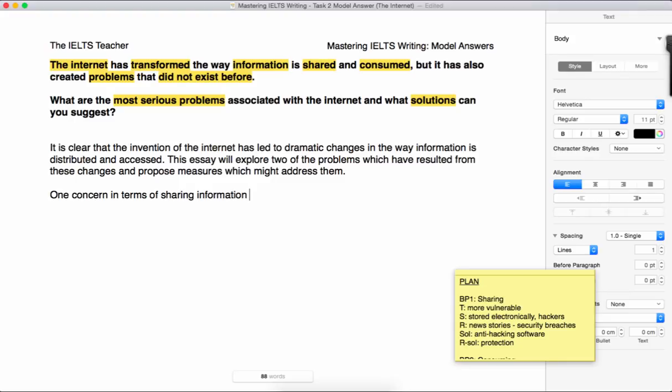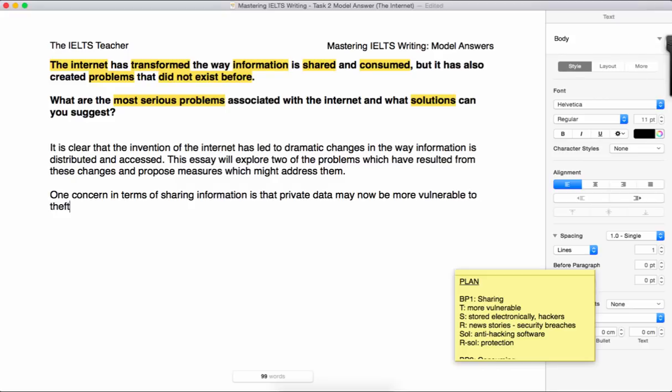Instead of saying in terms of sharing information, one concern is that, we can flip it around and just say one concern in terms of sharing information. It's not actually simpler, I shouldn't have said that, it's pretty much the same, it's really up to you. So one concern in terms of sharing information is that, notice there are no commas here at all, is that private, another word for information, data, private data may now be, and the plan here as suggested, more vulnerable